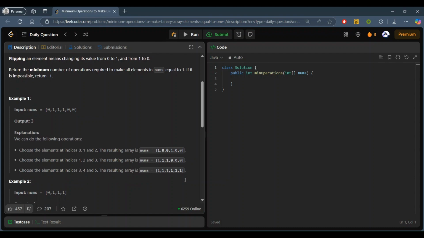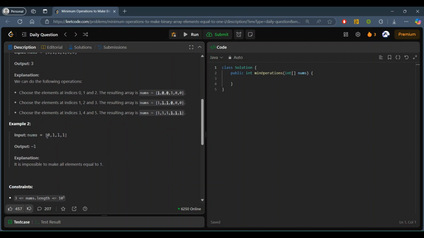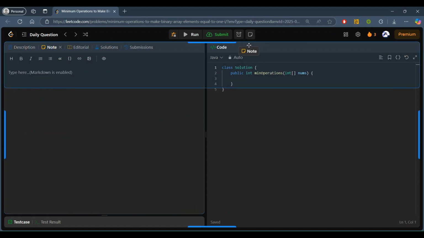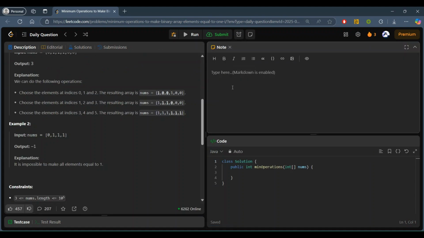So we will go with another example where we can see how it is not possible to make all the numbers one. So here we have 0 1 1 1, right? So first of all, I have 0. So for sure, I will try to make it 1. To make it 1, I have to take three consecutive numbers and flip them. So I'll use the note here. Okay, so here I will take this example 0 1 1 1, right?